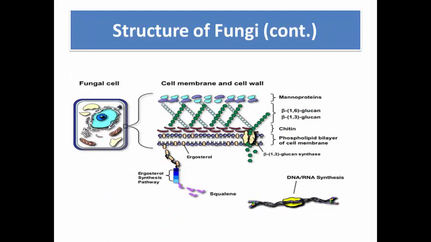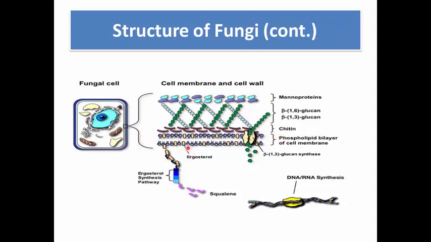For the structure of fungi, we have different unique structures. First, the cell wall. The cell wall in fungi, unlike bacteria, where it was peptidoglycan, contains chitin, glucans, mannans or mannanoproteins, and also polysaccharide. So the cell wall in fungi contains these components: chitin, glucan, mannanoproteins, and polysaccharide, while it has a cytoplasmic